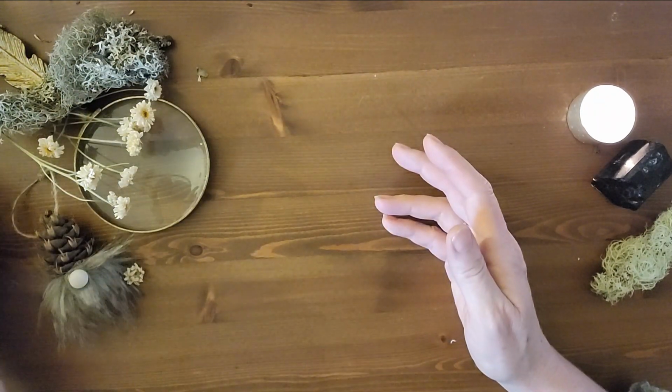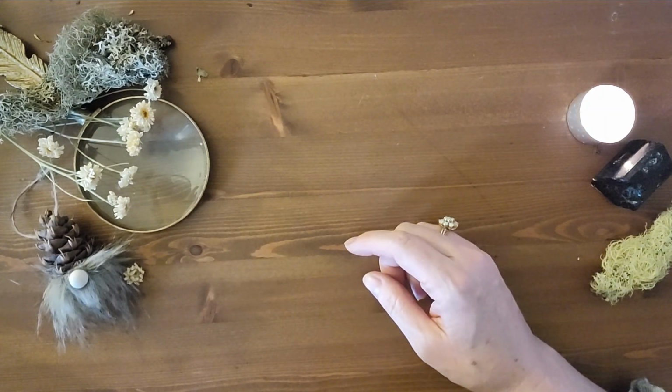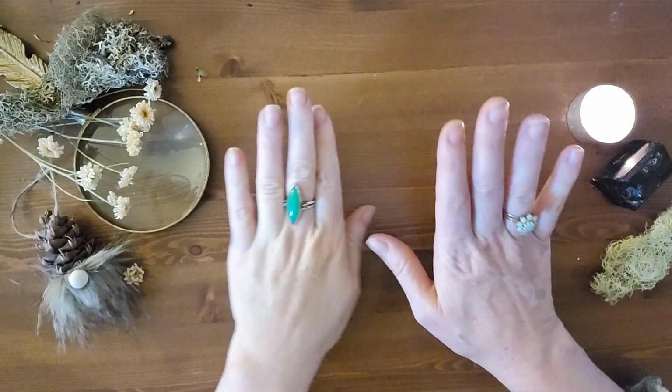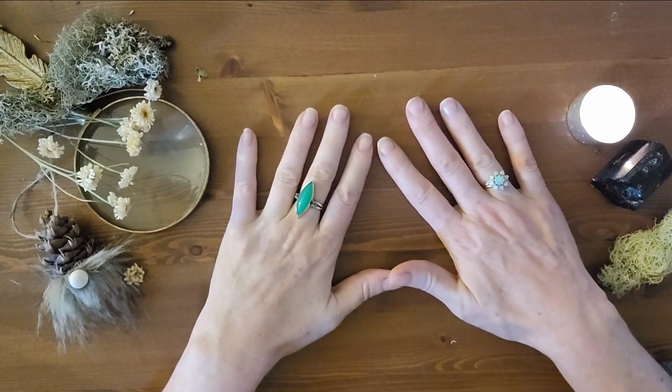Okay, last but not least, I have one more deck to share with you. And that is my work sweater deck. So out here on the farm, the thing is when you have a farm,